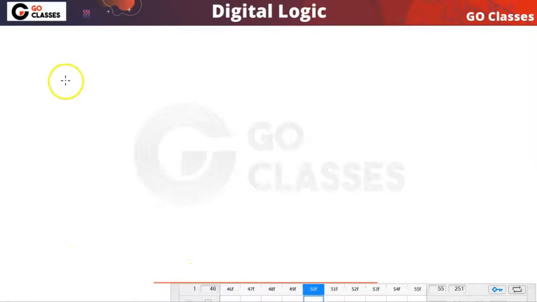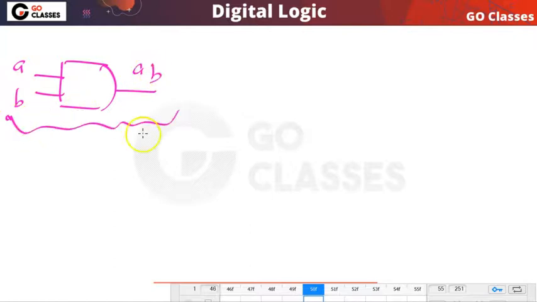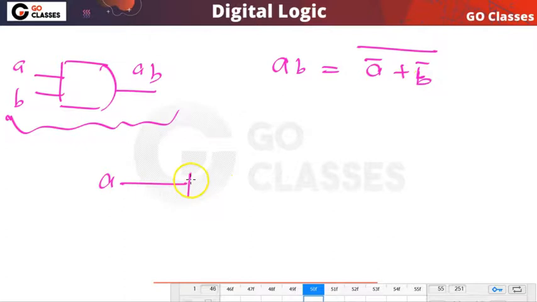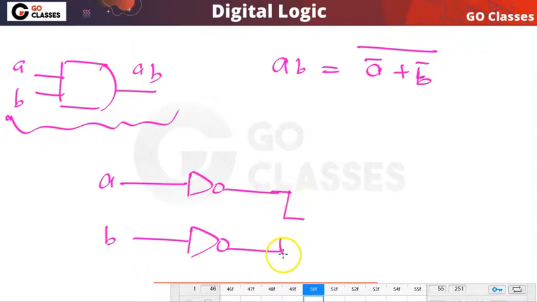For example, if you have this AND gate, we can very easily realize it with the help of OR comma NOT. You already know that A and B is (A bar or B bar) NOT. So basically I can do A NOT, similarly B NOT, and finally we can do their OR, and then again do the NOT.